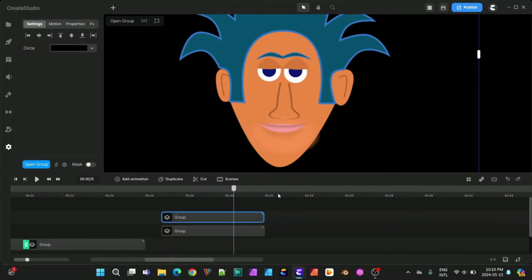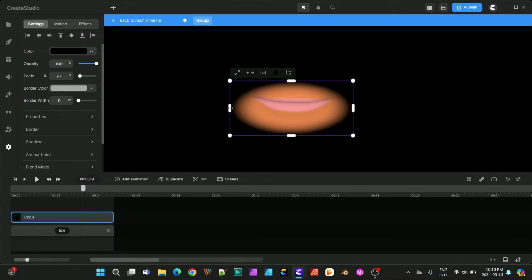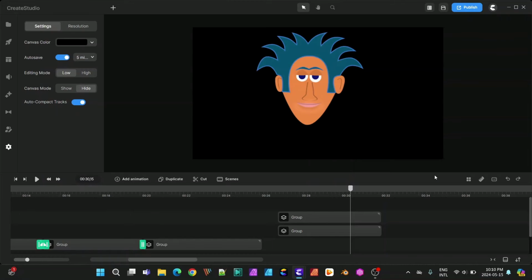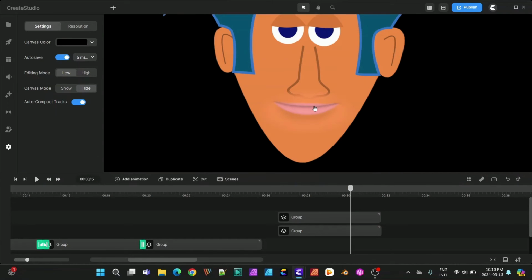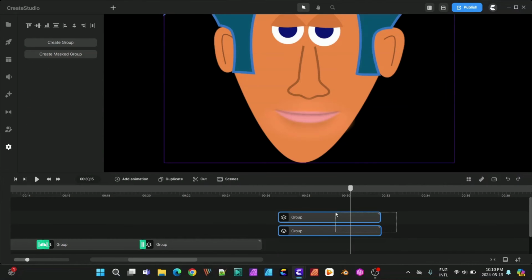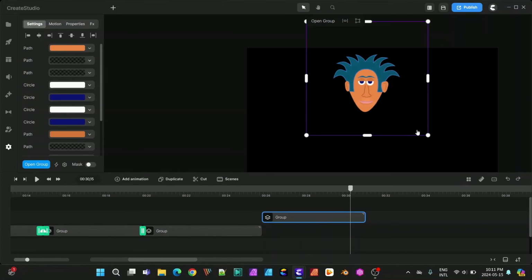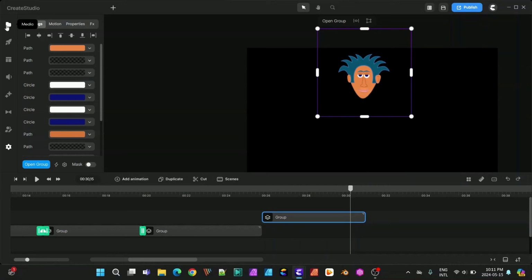Finish positioning the mouth where we need it. And there we go. Now we're going to group the two of them together so that when we resize the head, everything resizes together. And when we move it around,